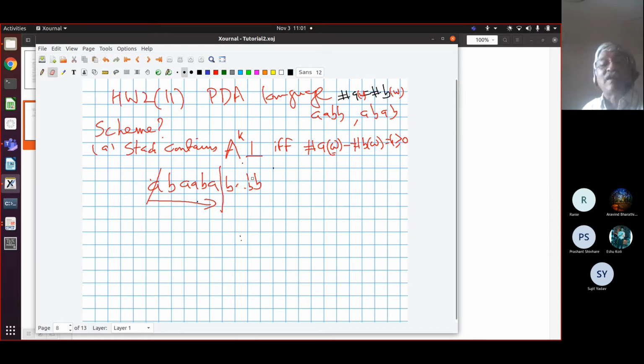But this is not something that can happen always. If in the part of the string I have seen so far the number of B's exceeds the number of A's, then the stack will contain another symbol, B raised to K, bottom, if and only if the number of B's minus the number of A's is equal to K, which is greater than 0. So if A's exceed B's, then my stack will contain A's only. If B's exceed A's, then the stack will contain only B's. And once the number of A's and B's are equal, they will cancel off and the stack will have bottom. Then if I get a B, I'll push a B there.